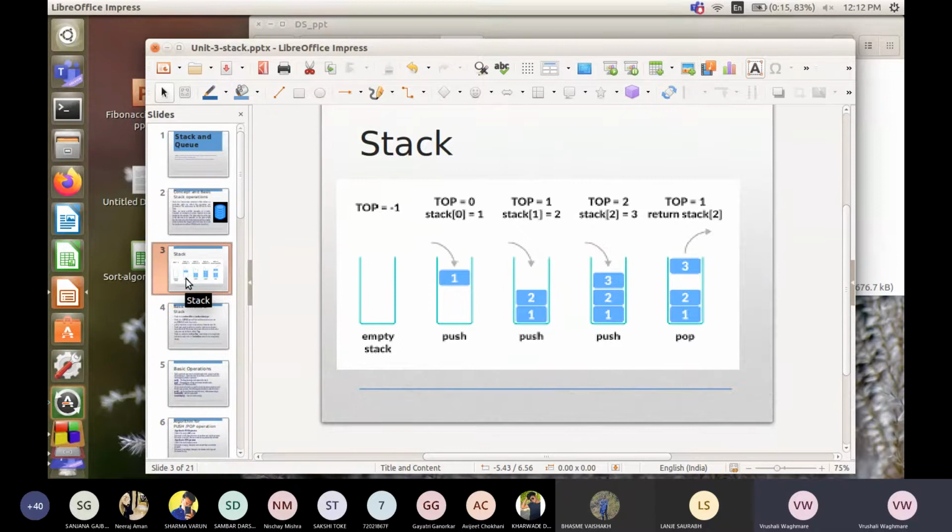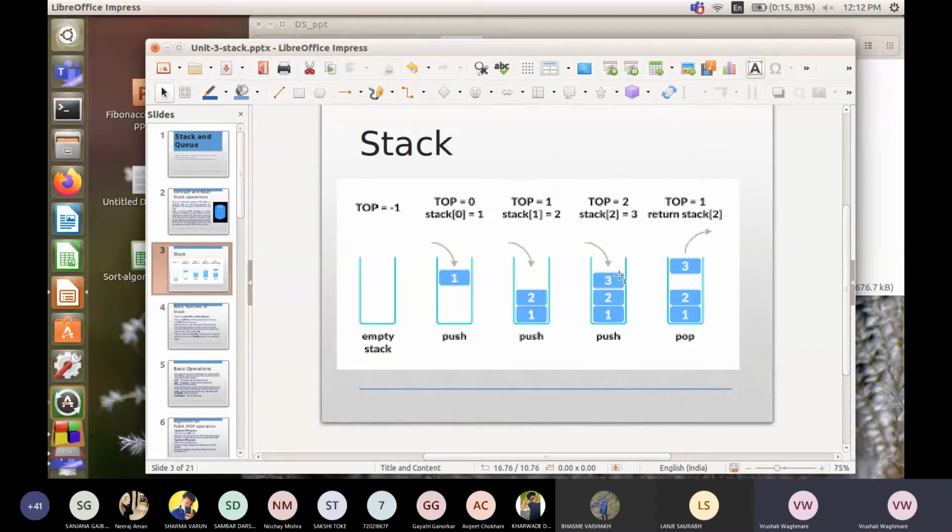So -1 को +1 करेंगे तो वो 0 से शुरू होगा. So before pushing data, we increment top and then save the data into the stack, or push the data into the stack, then again increment top, push the data, increment top, push the data. This is the operation. Like this way data is pushed into the stack. So if we push first 1, then we make top plus, then 2, then top plus, then 3.